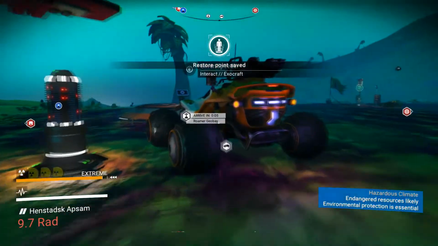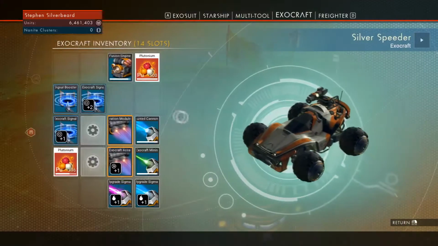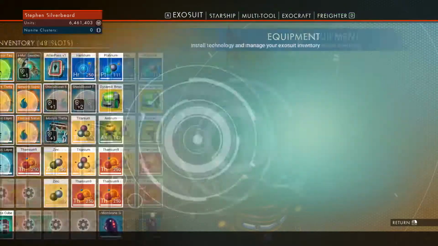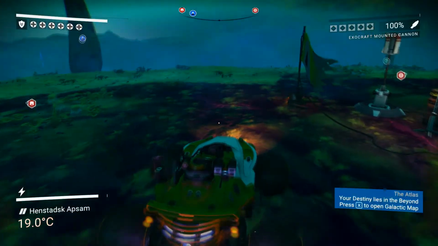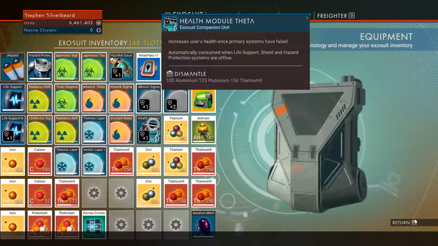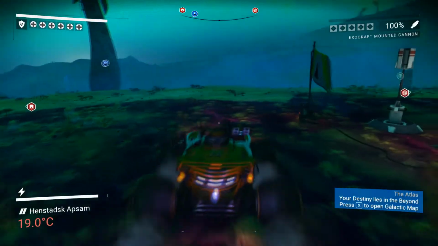Oh. And we're back on our extreme hazard planet. Okay, guys. Well, I just looked at that and thought, where did all my hyperdrive stuff go? Of course, we're on a... What is the hazard here? Radioactive. Radiation protection stabilizing. Okay, radiation shields up. So we're going to be jumping in and out of the